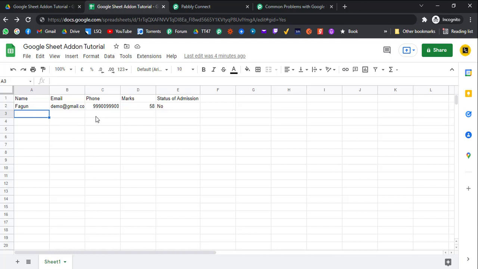Zapier doesn't allow you this. Zapier even doesn't allow you to get more than 20 rows. So that is a big limitation on the Zapier side. Pabbly is better in that way, that you can trigger it in bulk, and also you can get any number of rows using get row. I have tried up to 5000, and it works flawlessly. So yeah, this was the Google Sheet add-on related tutorial.